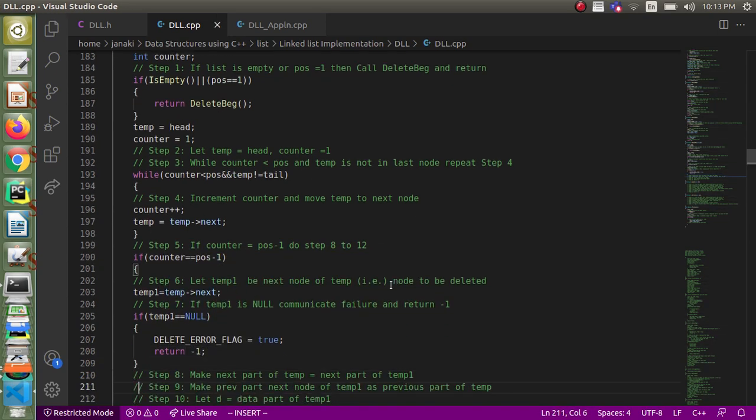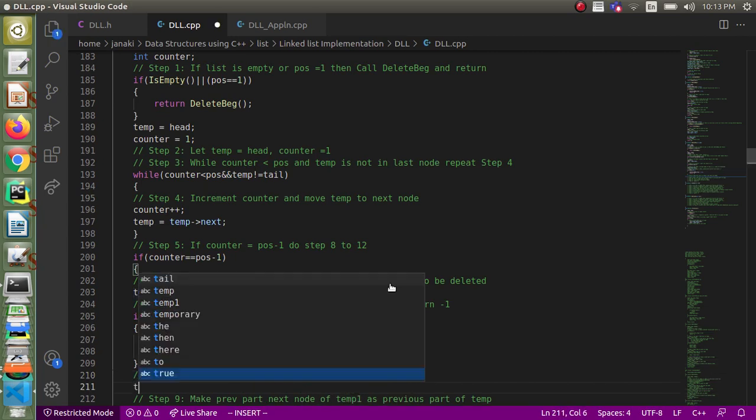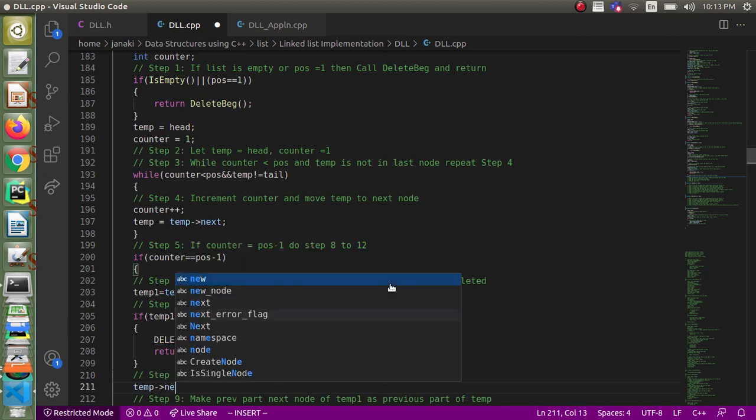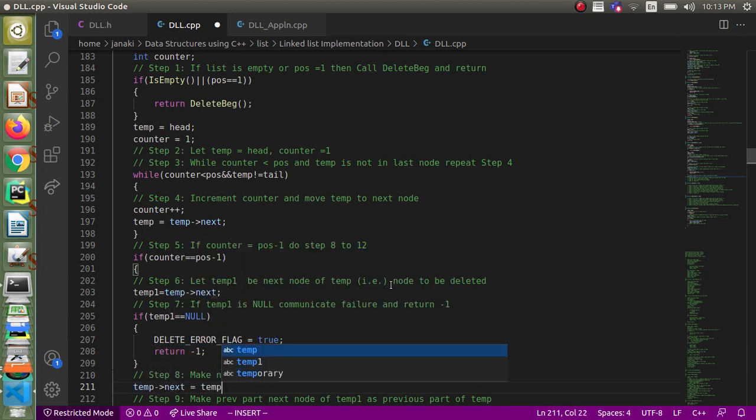Okay, and step number 8 is you have to make next part of temp equal to next part of temp1, right? So temp next equal to temp1 next.